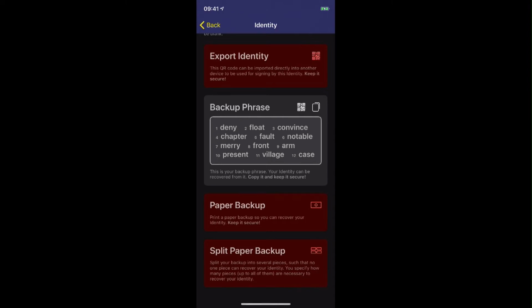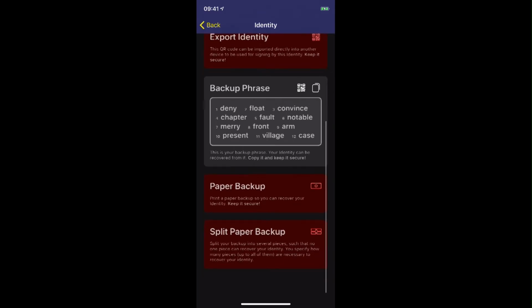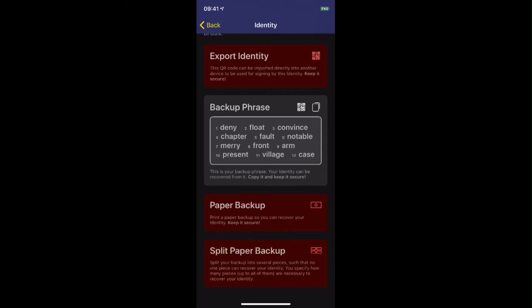What I'm actually going to show, though, is that in addition to that one-step process, where if you lose that wallet or if that is discovered by an attacker, it's gone, is the idea of splitting the key up. And rather than calling it Shamir secret sharing or whatever, I'm just calling it split backup. And so you can see this there, split your backup into several pieces. So by tapping that,